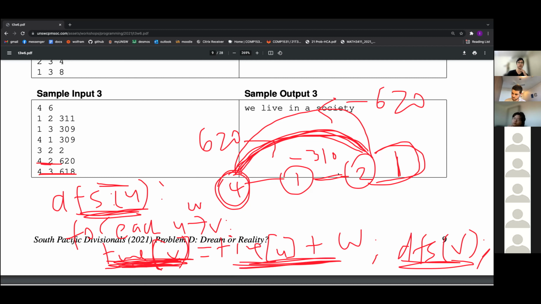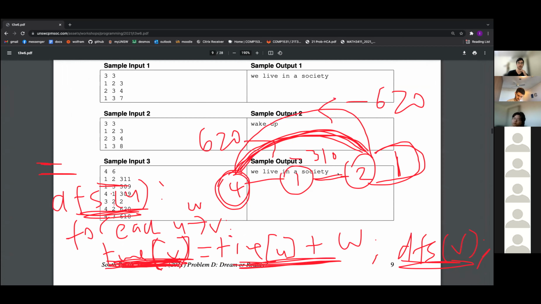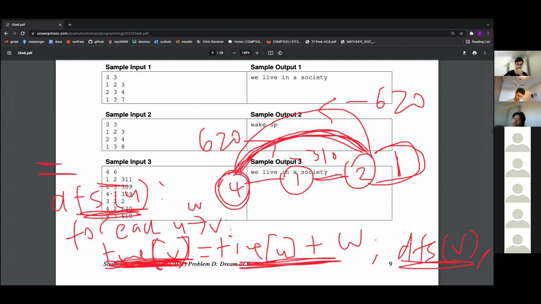Now, this is all good, I think, for all the samples, except for the bottom one, but the bottom one's a bit of a degenerate sample, so I'll ignore it anyway. A more interesting case where this is not a full solution is when there's more than one component in the graph. But it's really easy to deal with that.